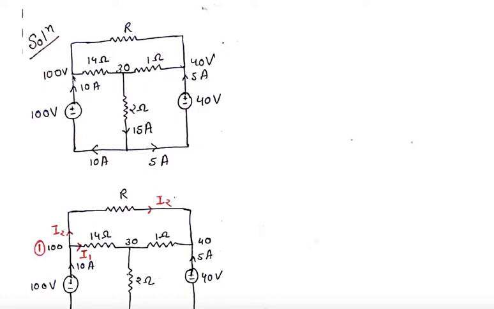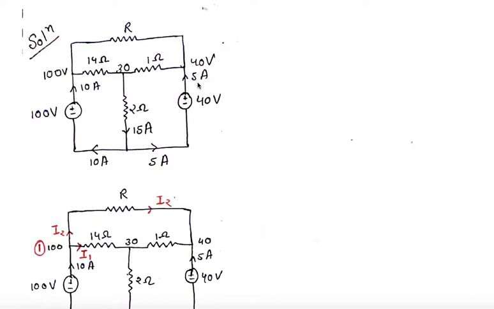So whenever you are seeing that any node is involved in which you are getting to know the voltage for that node, it's always advisable to use KCL. And whenever you are seeing that voltages are far away and there are so many electrical elements like resistors involved in between, it is better to use KVL. That you yourself will come to know when you do certain questions, that clarity will come after that. So in this we have marked our voltages.